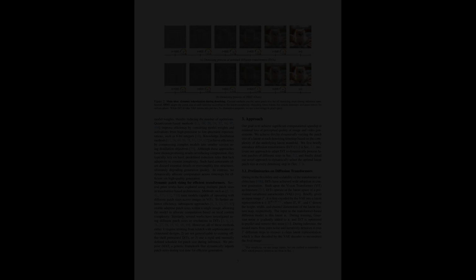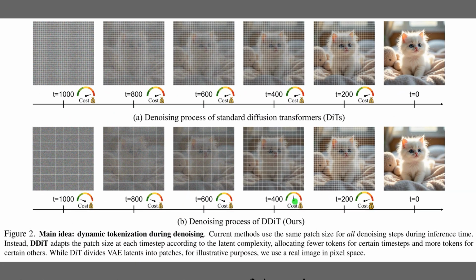models. Well, Figure 2 illustrates the core mechanism behind this efficiency. The top row shows a standard diffusion transformer applying a fixed, fine-grained grid for every step, which keeps the computational cost high throughout. In contrast, the bottom row demonstrates the DDiT approach. It starts with very large, coarse patches at early time steps, when the image is mostly noise, drastically lowering the cost. Then, as structure emerges around time step 400, it dynamically switches to finer patches, effectively spending compute only where